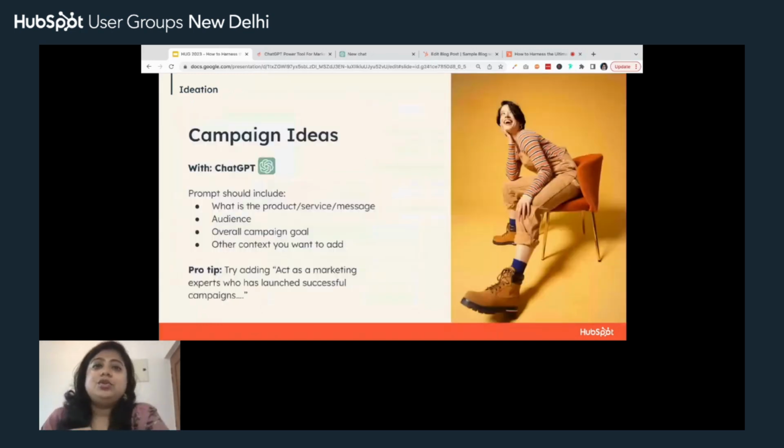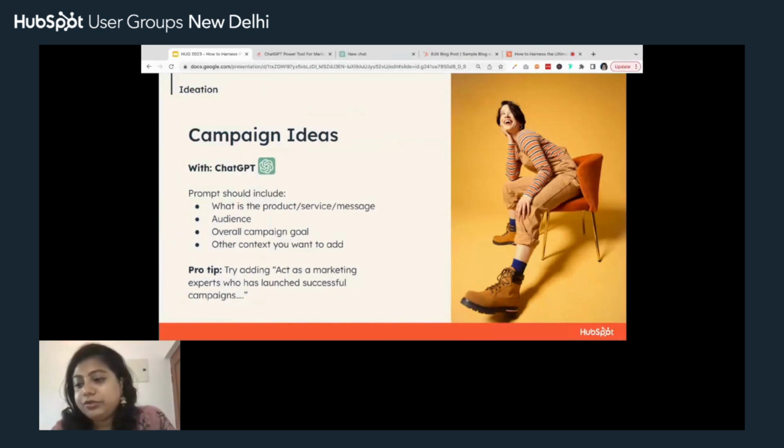Next up, you can also look at generating campaign ideas. Now this one I would take with a pinch of salt, and I would come to that later as well. But you can use ChatGPT to get a whole host of campaign ideas for your marketing, because there's a lot of times where we know how to market a particular thing and we tend to get stuck with doing the same 5 things in order to run a campaign. And this is where ChatGPT can come in and shake things up a little bit.